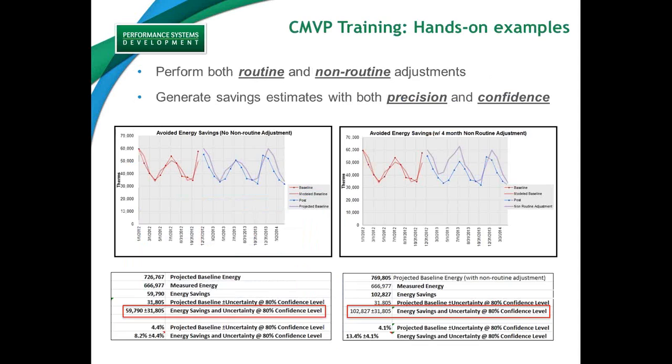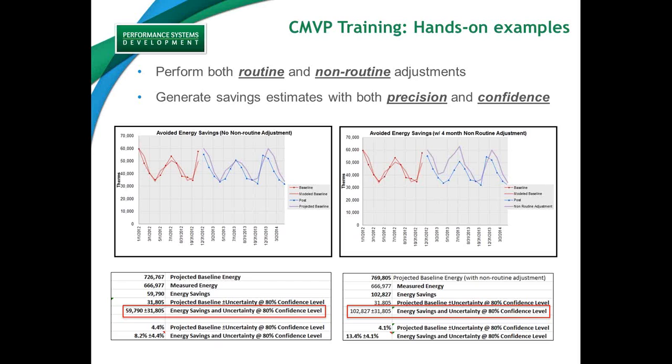Here's an example I just covered, and it's kind of a complicated slide, so let's go through it slowly. This is really an example of the type of stuff that we cover in our M&V courses. This would be an option C M&V plan that was executed, and this would be an example of savings reports that are included both in our M&V plan and in our M&V savings reports themselves. So this example you'll see on the left is an avoided energy savings calculation which does not include a non-routine adjustment. Now, lots of words there. We can cover that again in more detail if you read IPMVP Volume 1. But suffice it to say, you'll see the chart.